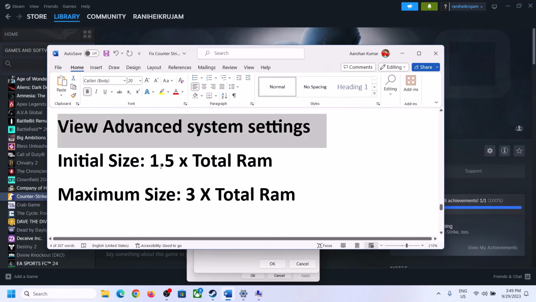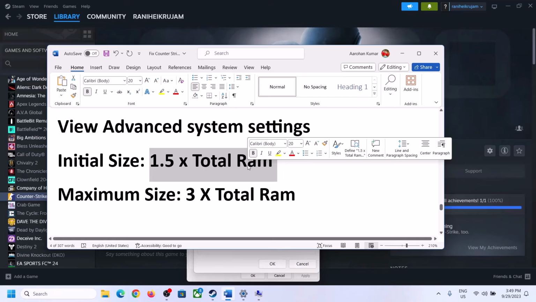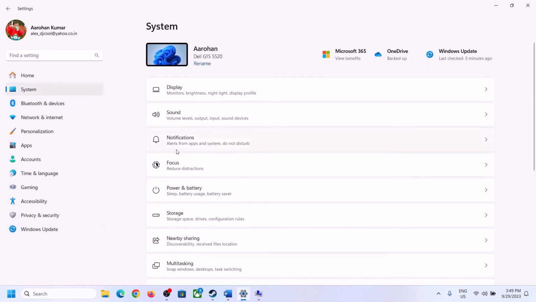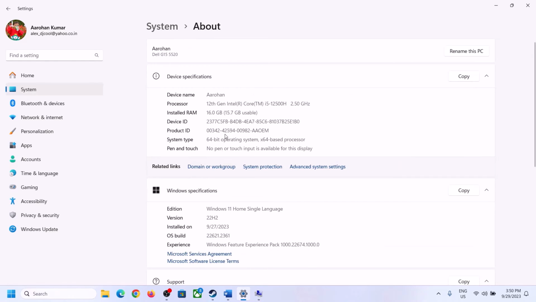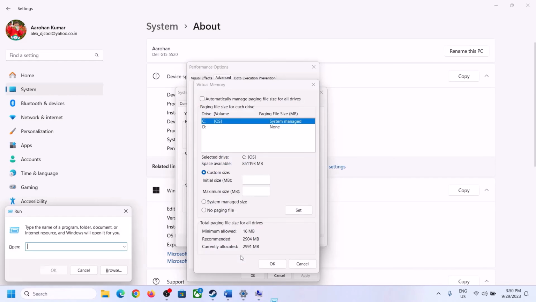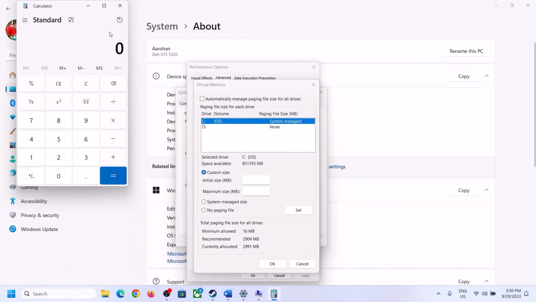for initial size it's 1.5 into total RAM. So you can check the total RAM in Windows settings. You can go to System and then go to About, and total RAM in my case is 16 gigabytes. So you can calculate accordingly. In my case it's 16 GB, so I will calculate as per 16 GB. First of all we have to convert 16 GB into megabytes. So we will open calculator. Type in calculator in the Run box and then click on OK, and over here